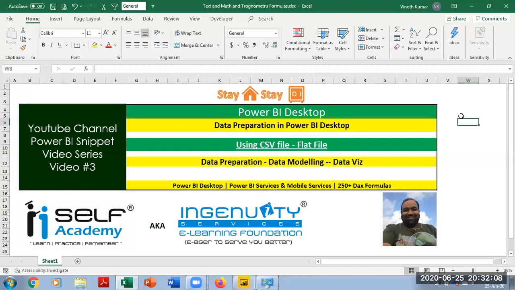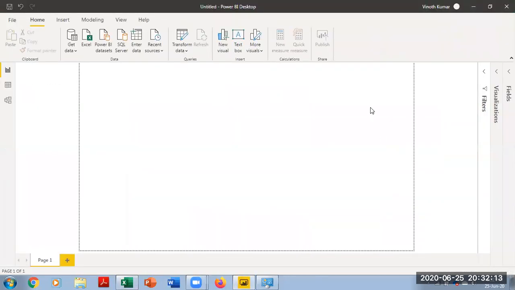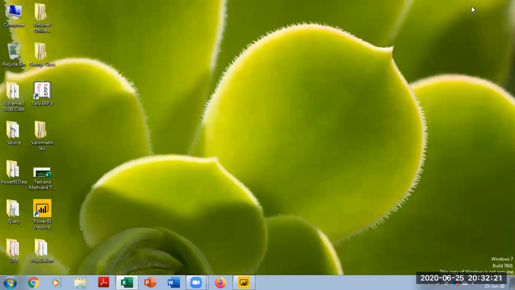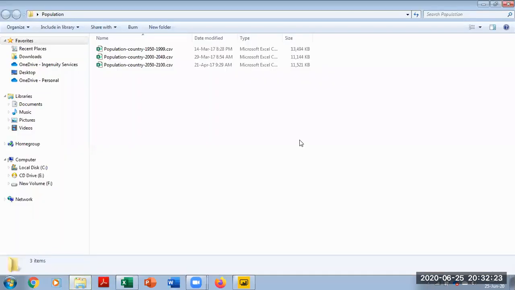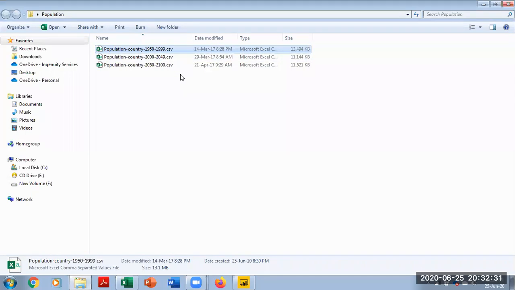Let's jump into it. So I'm going to go back to my Power BI Desktop, and this is the first screen of Power BI Desktop. Before I get into the data, I would like to see what is the data that I'm going to play around with. So I have a data here called population of few countries with futuristic numbers available here. And I'm going to use the first data alone. In our next video, I'll show you how to combine all these data together as one data and create a report out of it.